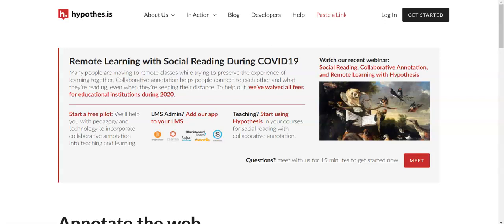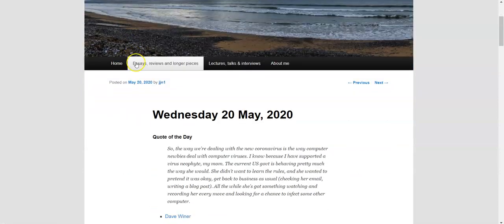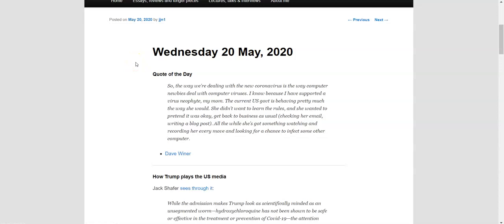And you would use this to highlight or annotate almost any page or piece of something on the internet. To give you a quick little introduction for what that looks like, let's go to John Naughton's online diary, Memex 1.1. There is a browser extension for Firefox and Chrome, and here in my case I'm using Chrome. Or if you'd like, there's a bookmarklet you can set up that uses their VIA extension, that's VIA. In my case, we'll use the Chrome